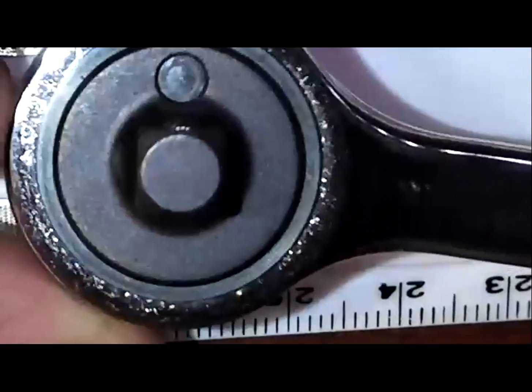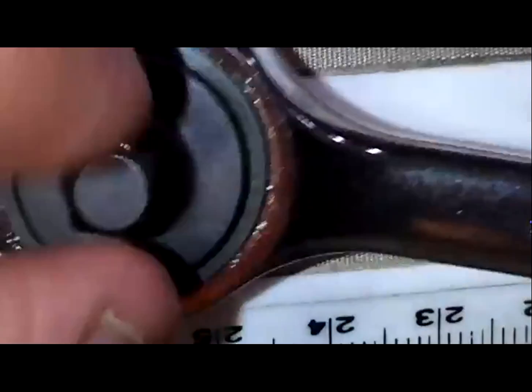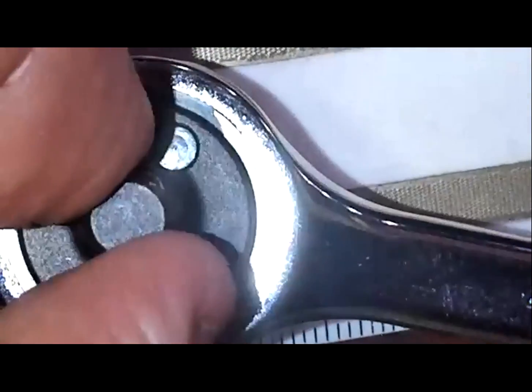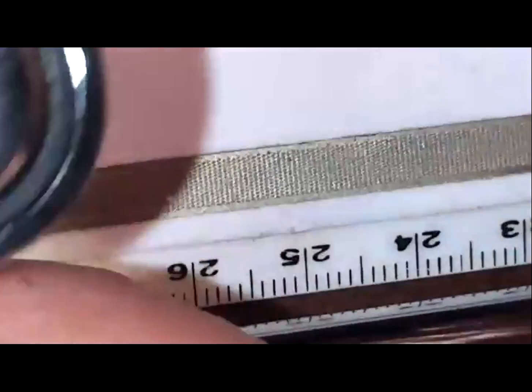And taking a close look at the underside of this ratchet, this is not a quick release ratchet, although the ball detent is not an impossible one to remove. So back drag, everybody wants to know about back drag. This is a round-headed ratchet, obviously, so they're not known for having low back drag. And I would agree with that in this case. This is not really a low back drag, although it's not horrible. It's not like the